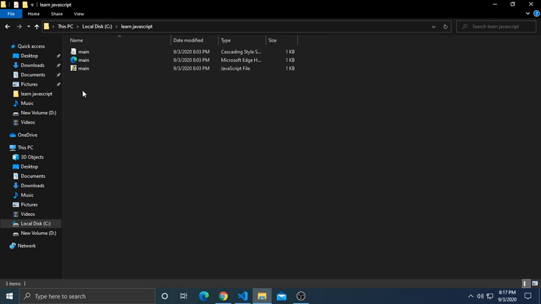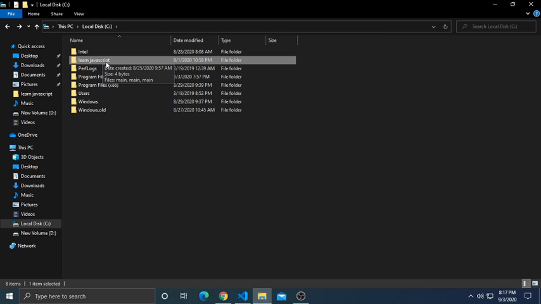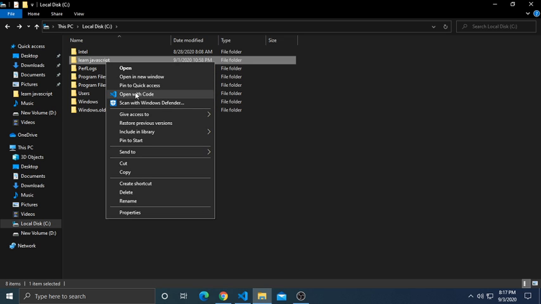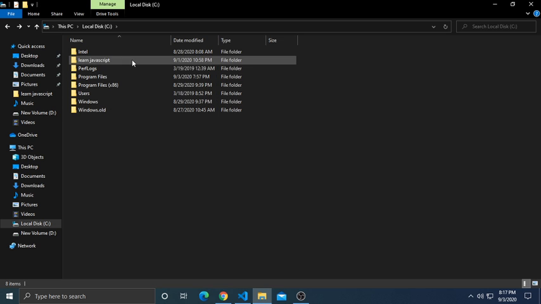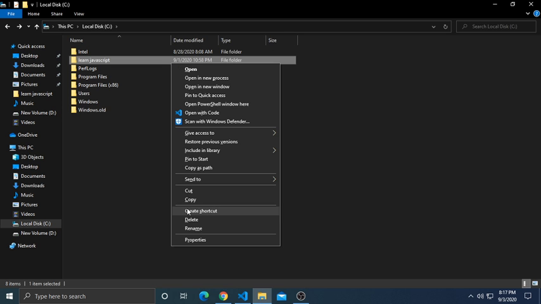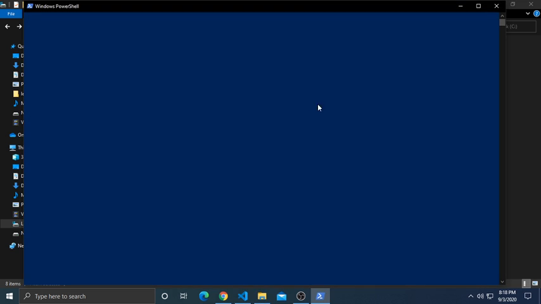Click here, you have to make three files. You can also, without doing it here, go into your folder and click open with code. If it does not show, shift and right click, and there is a button called open PowerShell window here. If I write here code dot and press enter,